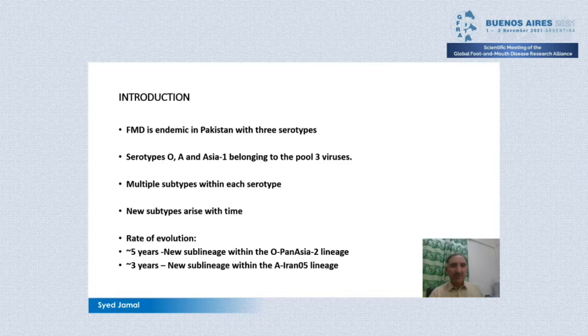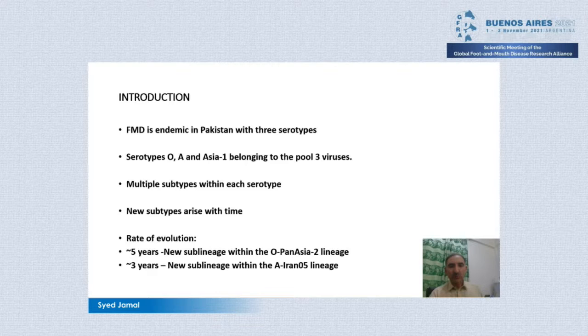Foot and mouth disease is endemic in Pakistan and 3 serotypes of the virus are involved in disease outbreaks. The serotypes are serotype O, A, and Asia-1, and these belong to pool 3 viruses. However, there has been detection of serotype O belonging to pool 2 virus in Pakistan in 2019. Multiple subtypes within each serotype are involved in disease outbreaks in the country, and new subtypes within each serotype arise with time. The rate of evolution of serotype O